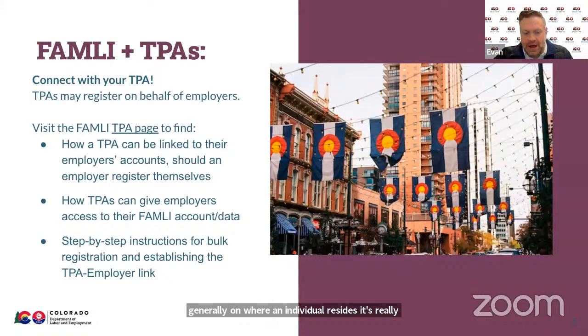And so if they work completely in Colorado, then yes, you can withhold deductions from their wages. If they work primarily in Colorado, but their work outside of Colorado is just temporary or transient, same thing. All of their wages would be subject to premiums. If they don't work primarily anywhere, but they work at least some in Colorado, but there's no primary